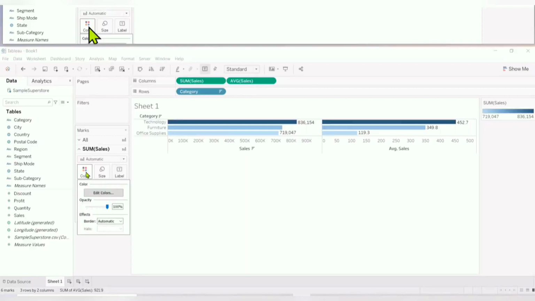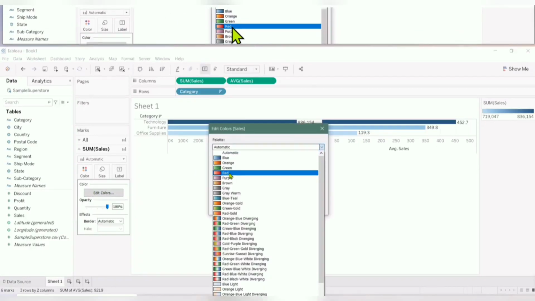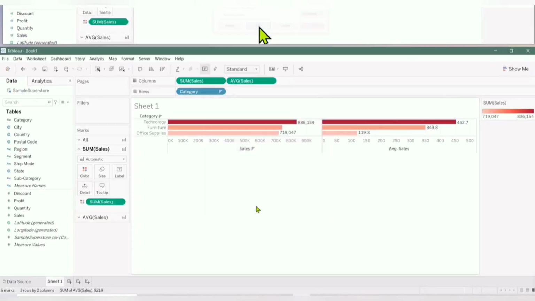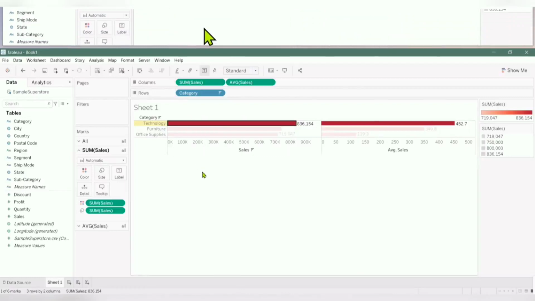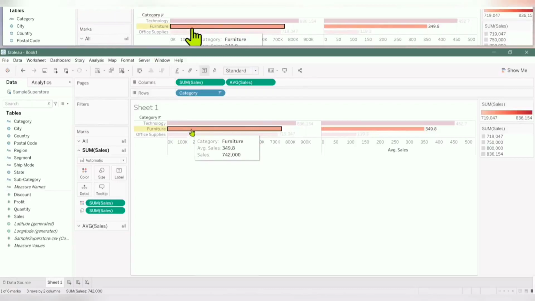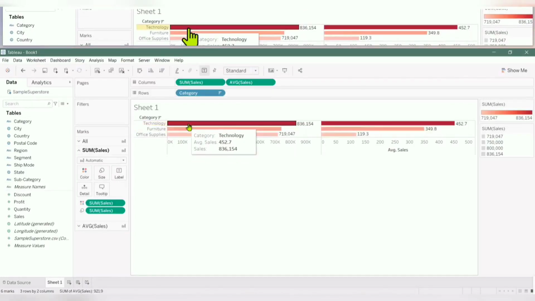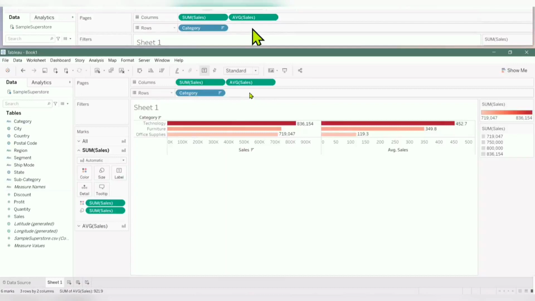Here we can also change the color as per choice. If you want to change in just one graph, then choose that tab, and if you want to change in both, then choose in all the tab. You can hover and select one option in the graph. It will be highlighted like this. Click again on it to remove the highlight mode. So here we can see in the dark color technology category has the highest sales.